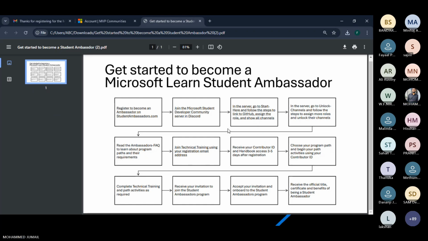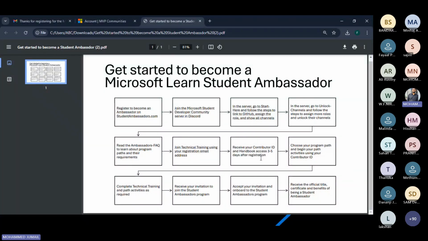Join the technical training using the registration email address. After that, you will receive the contributor ID and handbook access 3 to 5 days after registration.